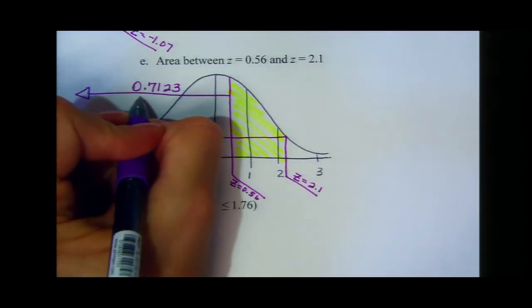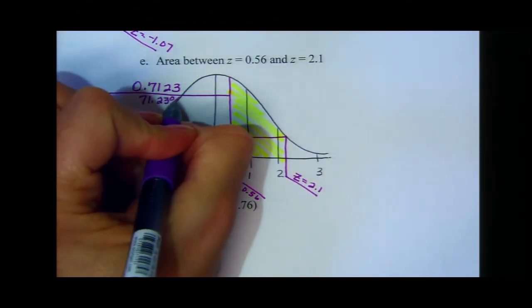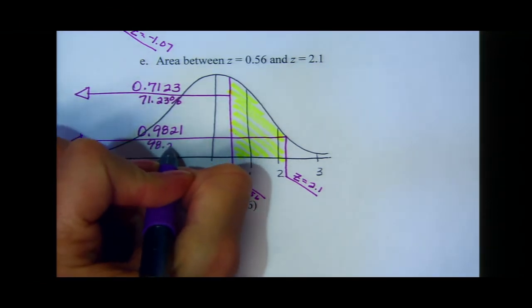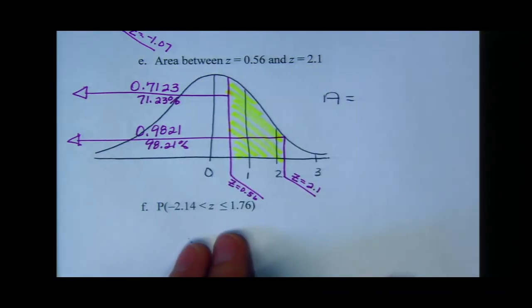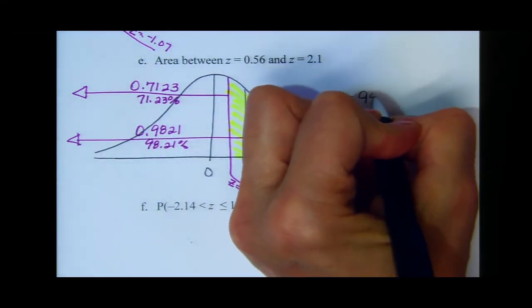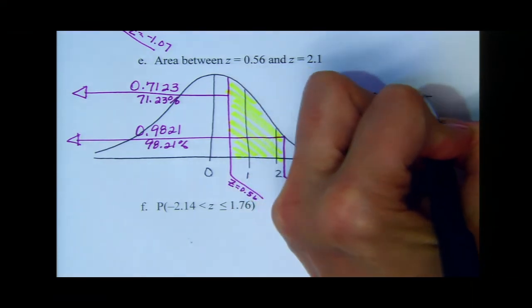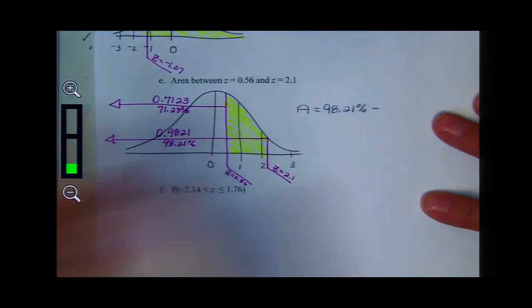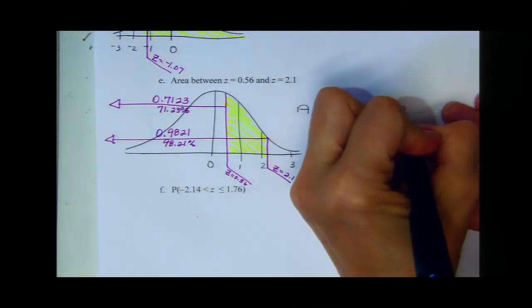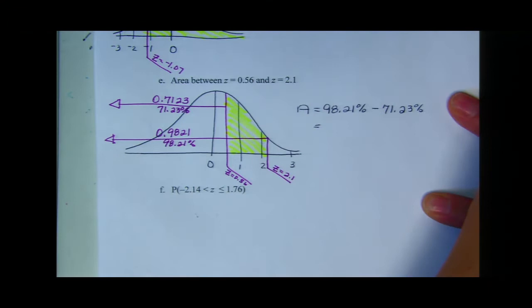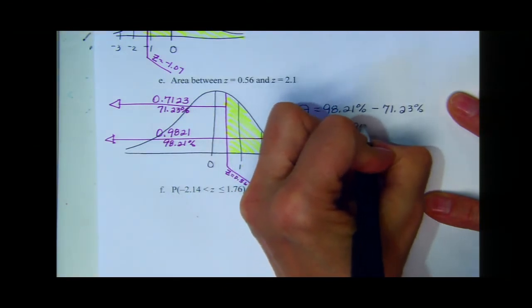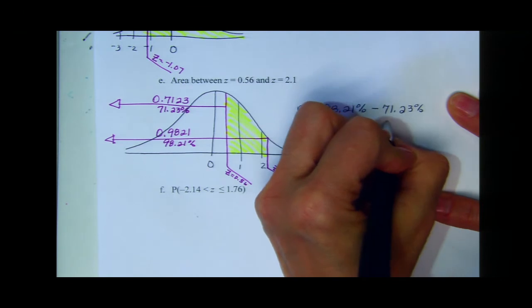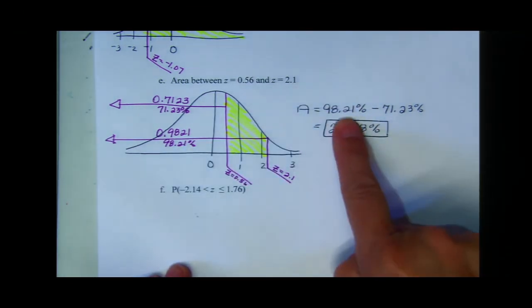And let's see, we're doing area, so 71.23%, 98.21%. So the area will be, and you always take the larger, 98.21% minus the smaller value, 71.23%, and you get 26.98%. Now you always take the larger, or the one further to the right, the larger minus the smaller, because